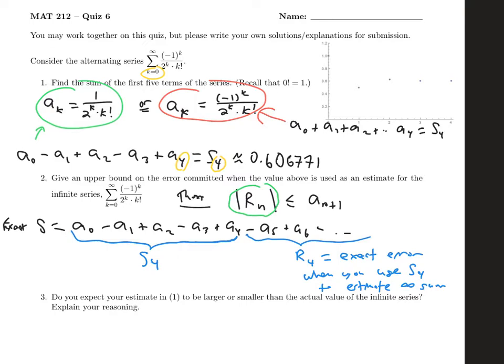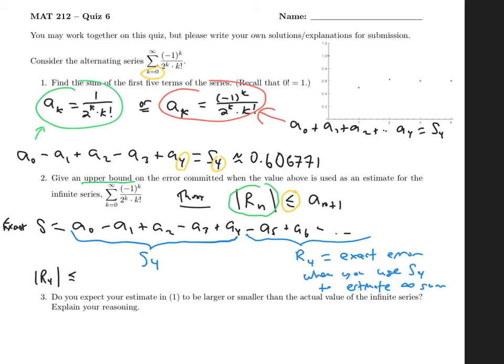The reason that we call these theorems upper bound theorems or bounding theorems on the error is because of this less than or equal to sign. So we're not going to be able to figure out what R4 is equal to. So on your quiz paper, if you wrote R4 is equal to something, to some number, you're wrong. You don't know what R4 is. R4 is the exact value of the error. What the theorem tells us is that we can figure out how bad the error could be by using this theorem. The error bound theorem says that the absolute value of R4, that's how much error we could possibly make,